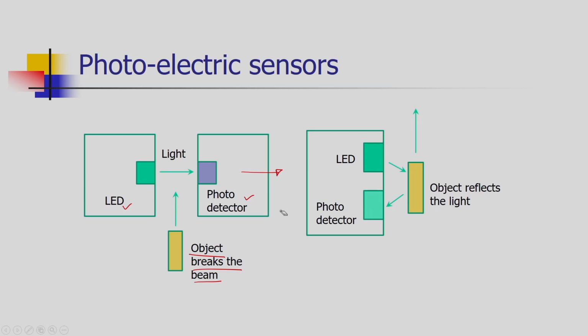There is another configuration. In this case, the LED and photodetector are put on the same side of the movement of the object. The LED is continuously emitting light, the object reflects the light, and the reflection of the object will be detected by the photodetector. So, when the object comes near to the LED, the detection of the reflected light will give the signal. That senses whether certain objects are coming to the sensor or not. Needless to say, the object must be reflective in nature. In this way we can find out the proximity of a variety of objects by using photoelectric sensors.